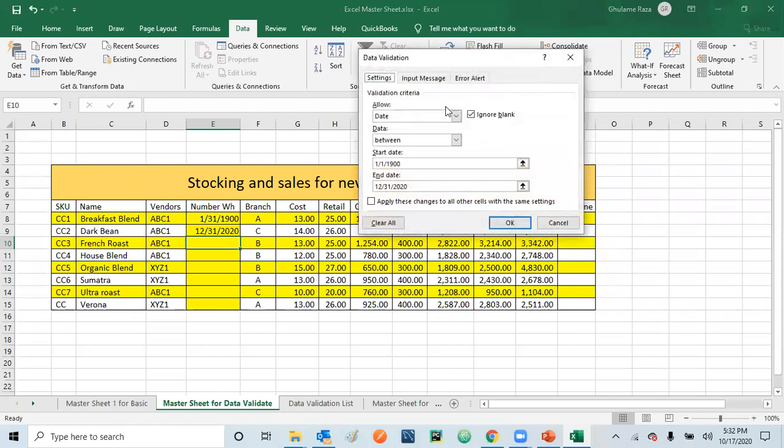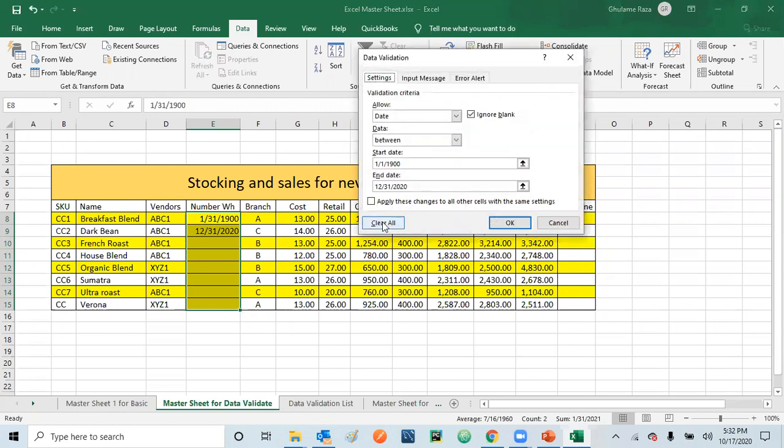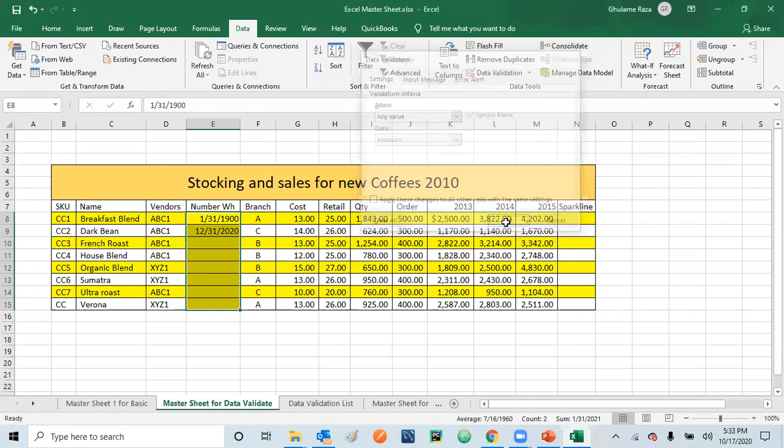So today, let me clear the formula from all the cells. Go to data validation, and then you can simply say clear all. Once you apply clear all, you will find that it shows any value allowed, and click OK, and it's gone. So now whatever you put here will be available.